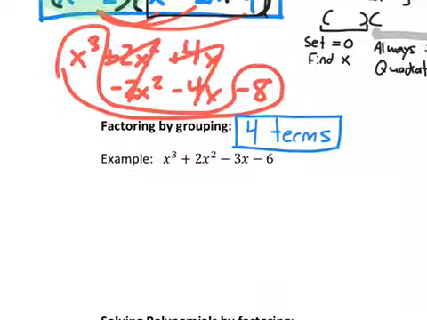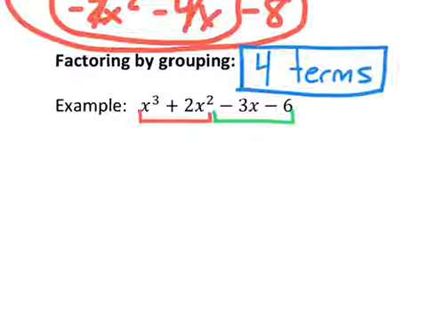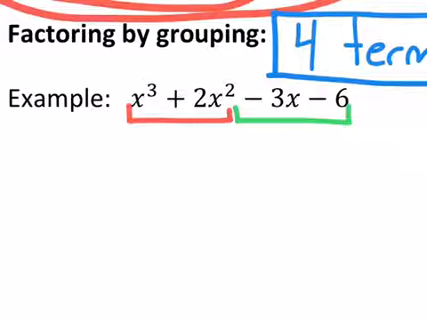Now, to do factoring by grouping, it's a little different. It also doesn't take a lot of critical thinking. Here's the way it works. When there's 4 terms, we have to group them up into 2 sets of 2. And what we'll do is use greatest common factors on both of those pieces, and then check this process out. The greatest common factor of that red piece will be x squared, leaving us left over with an x